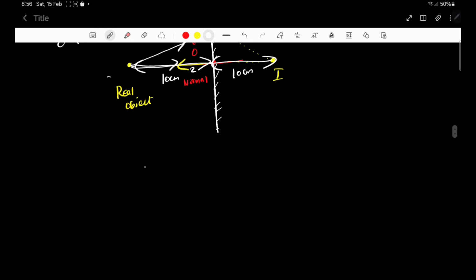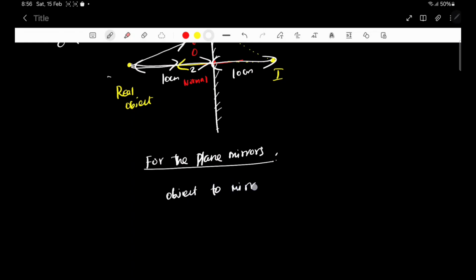So, for the plane mirrors, object to mirror distance is equal to mirror to image distance. If you call this distance u, if you call this distance v, so it's so clear that u equals v magnitude wise. Okay,